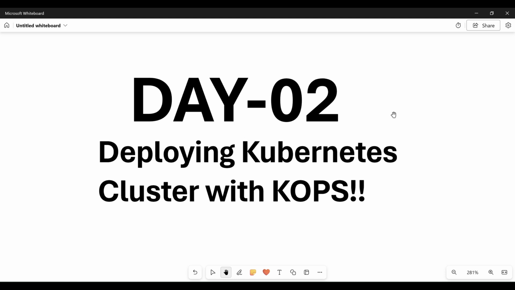Guys, today is day 2 in our Kubernetes series. We are going to deploy our own Kubernetes cluster with the help of KOPS. KOPS is nothing but Kubernetes Operations. Again, there are many ways to deploy your Kubernetes cluster, but the reason why I have chosen to use KOPS